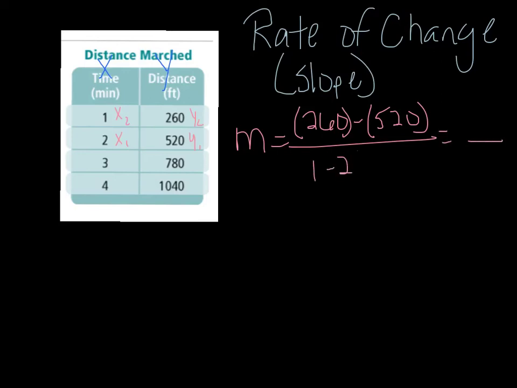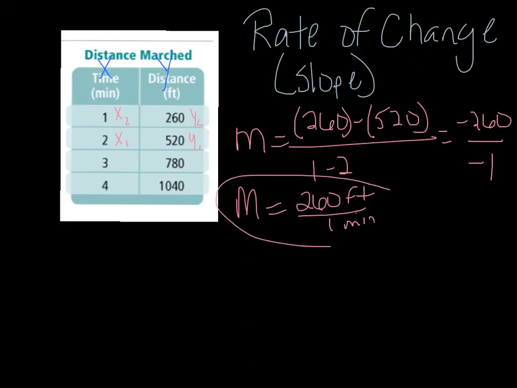Okay, and this is negative 1, and that is negative 260. Now two negatives, remember, make a positive. So this is 260 feet every minute. Okay, so that's the rate of change between 1 and 2 minutes. Now what I need to see is if it's the same between all of them. So now